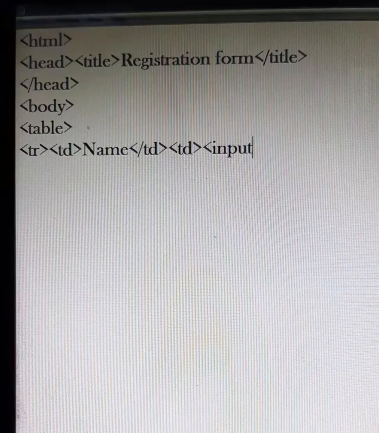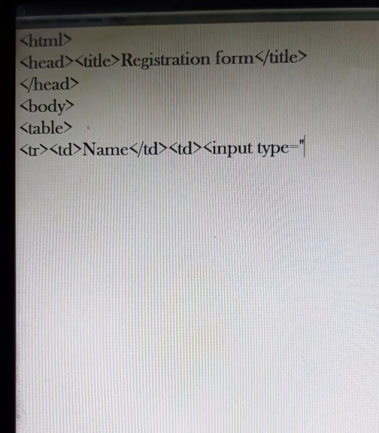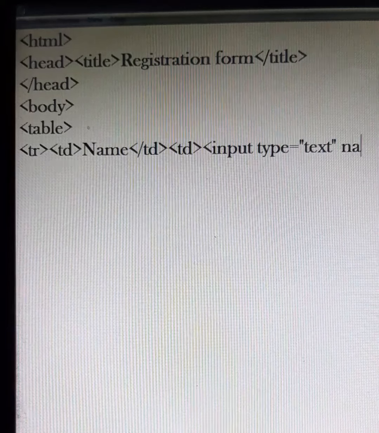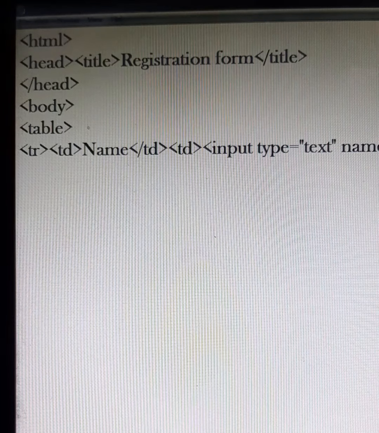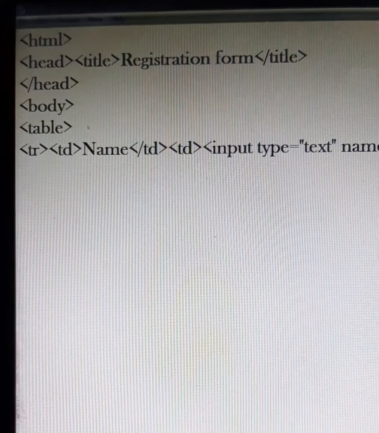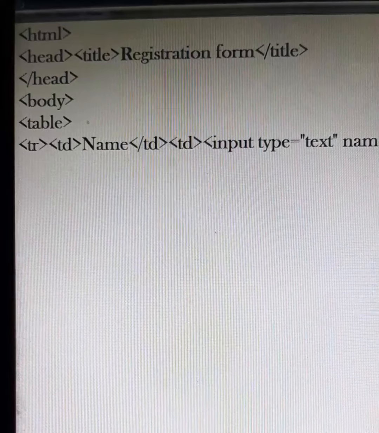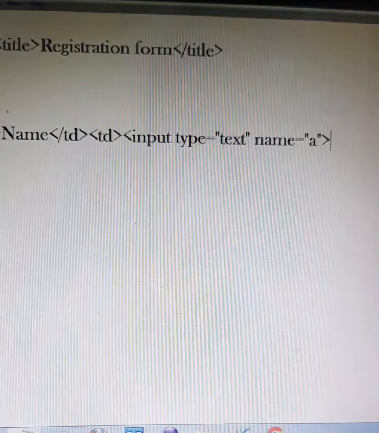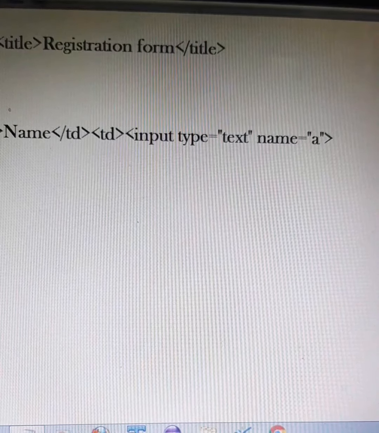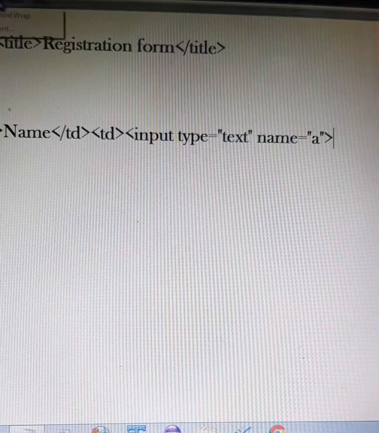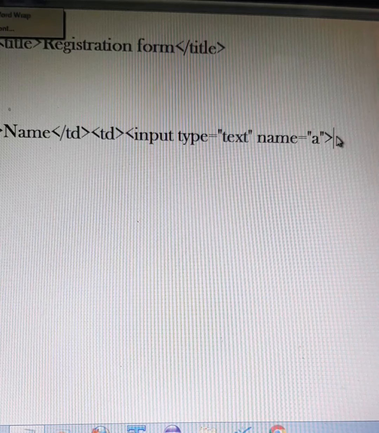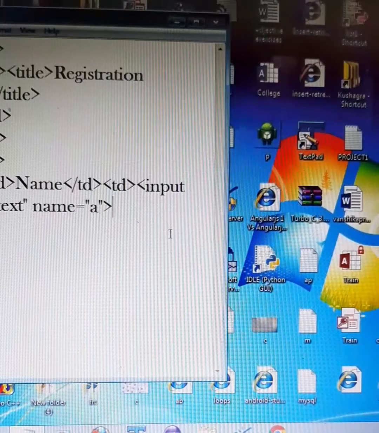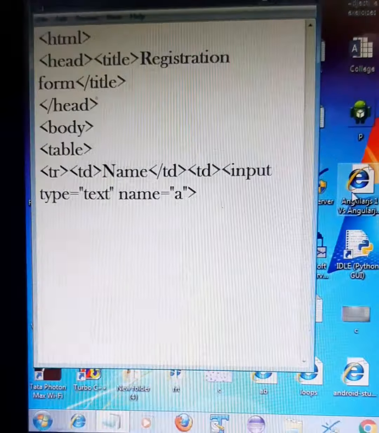input type is equal to text, name is equal to a, and then /td.